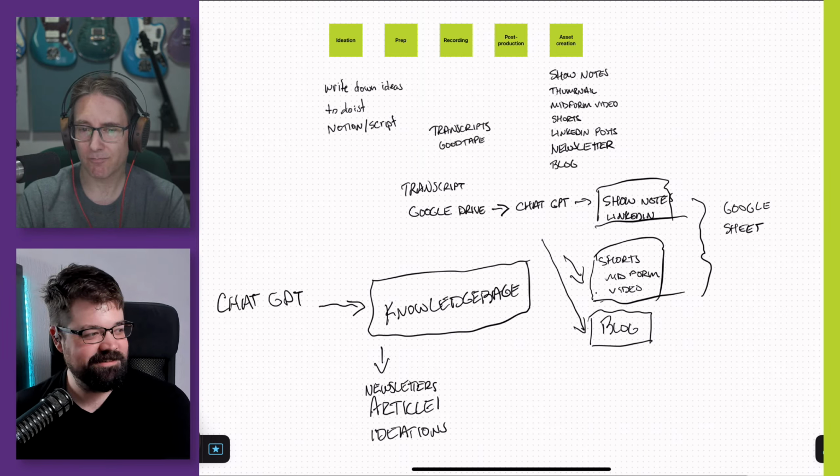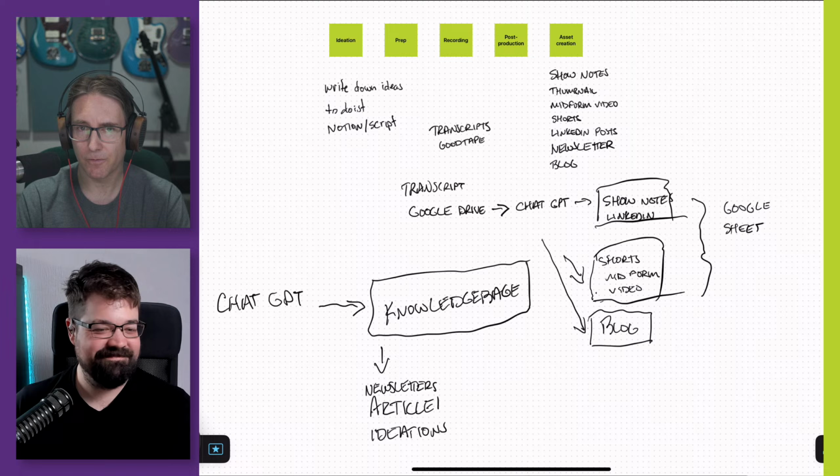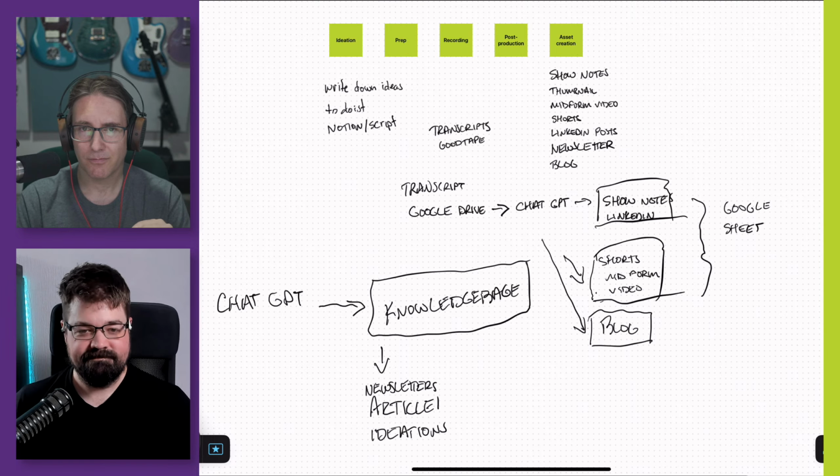So we're getting to the point where we're seeing tools that are going to work better for us. But I think we're going to start seeing the ability for us to create our own simple tools that work best for ourselves.